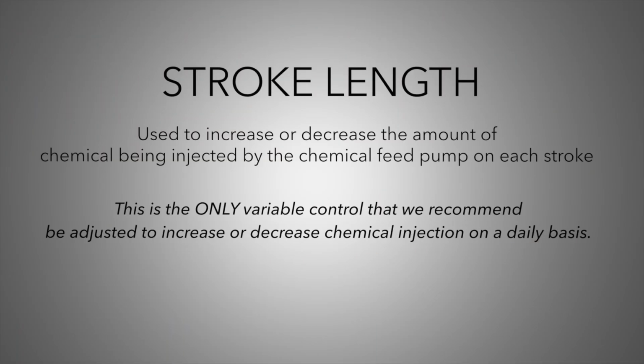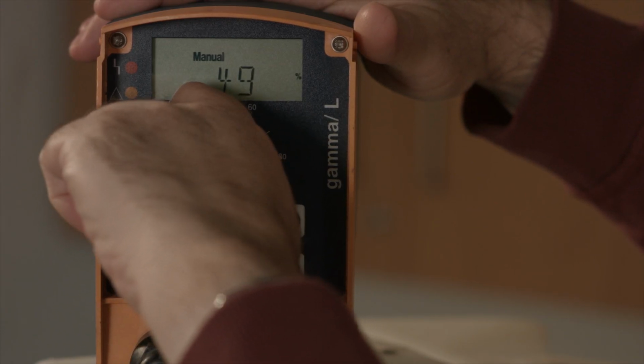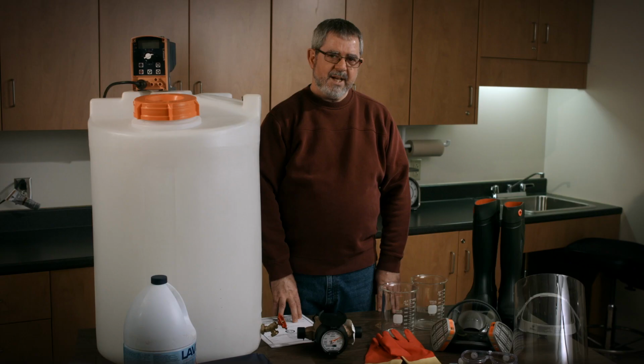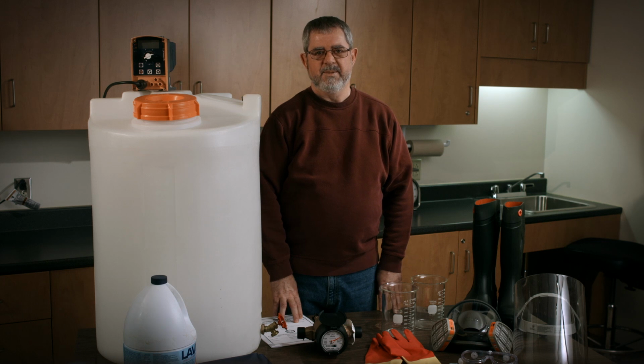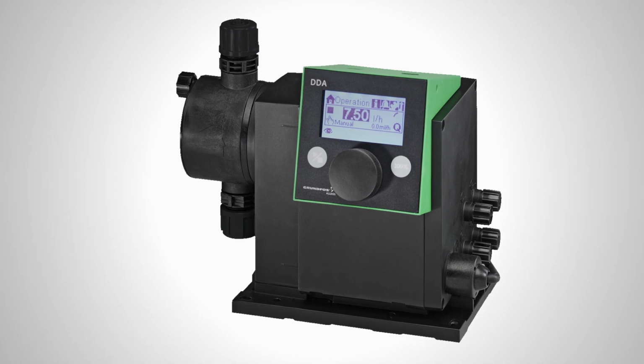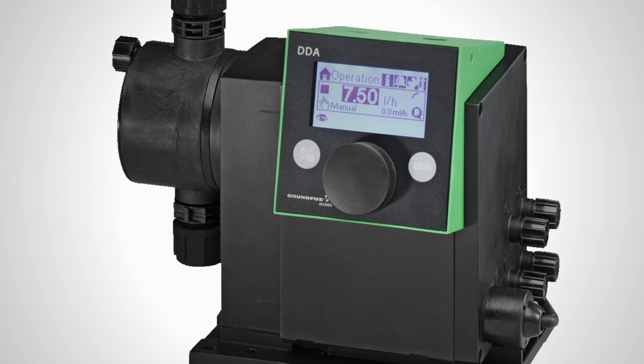The stroke length control is used to increase or decrease the amount of chemical being injected by the chemical feed pump on each stroke. Chemical feed pumps with the stroke knob button on the front are manually adjusted by turning the button to the required setting. The pump is graduated from 0 to 100%, but the operating range is usually from 20 to 100%. Some metering pumps have microprocessor technology, which requires reprogramming of the injection rate by the use of the menu buttons. This is the only variable control that we recommend be adjusted to increase or decrease chemical injection on a daily